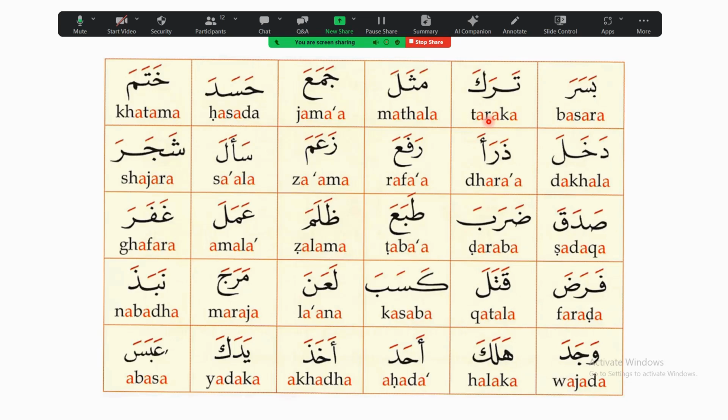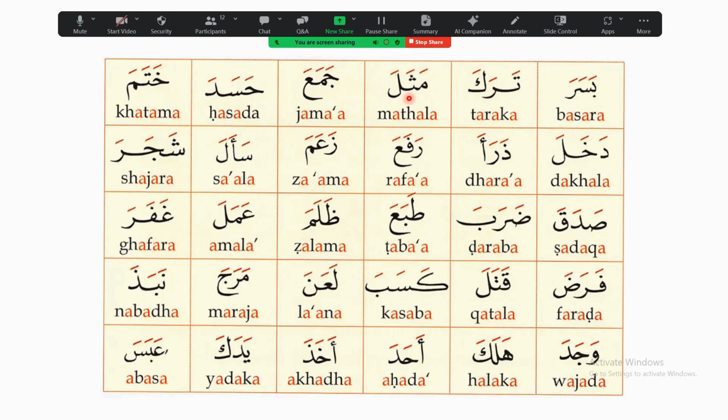We will inshallah see the conditions when they are light or heavy, but for now, you just remember that whenever the Ra has a Fatha symbol, this slanting line symbol above the letter, in that case, Ra will be heavy. Heavy means that we will raise the back part of our tongue and our mouth will feel full. So this is like the Ra, and ka at the end is light. Taraka, taraka, basara. Here, ra was heavy because it had a fatha on top of it. Basara, taraka,